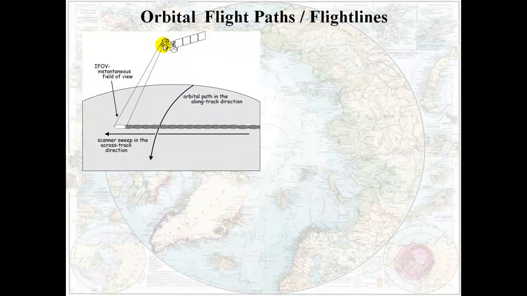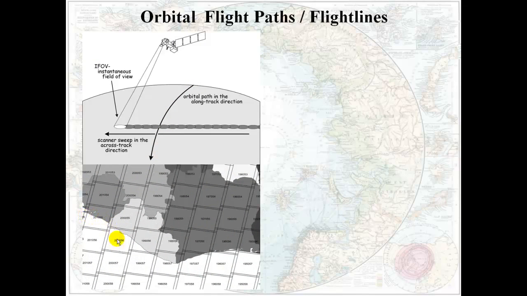You can imagine a satellite up here orbiting the planet in a certain path and at a certain speed, and while that's happening, the planet is rotating underneath it. So you've got motion in this direction with the satellite, and motion in this direction with the Earth, and what ends up happening is you get these tiles that aren't oriented directly north-south, and you need to have overlap